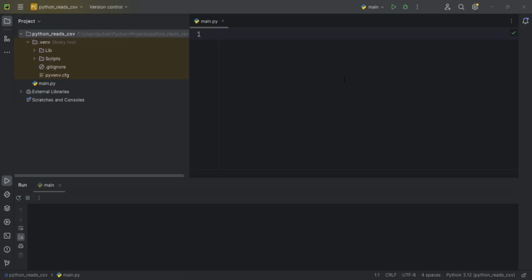Today I'm going to use the Pandas library in Python to read in a CSV file. So I have an empty project right here, Python reads CSV. Let's go ahead and import our package called Pandas